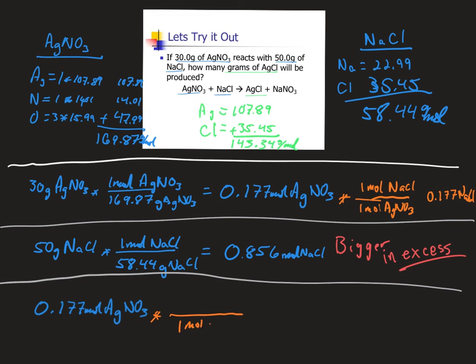So 1 mole of silver nitrate and 1 mole of silver chloride from the balanced chemical reaction. I then convert that into my grams of silver chloride utilizing my molar mass of my want that I have already calculated,